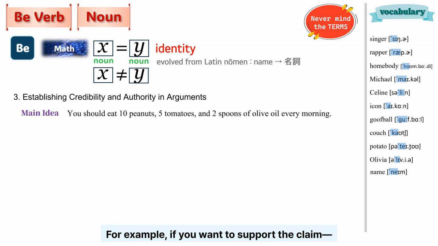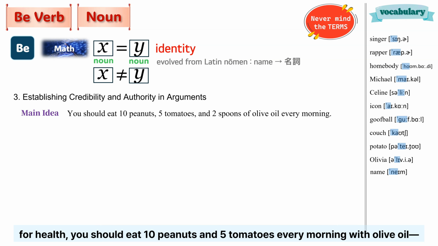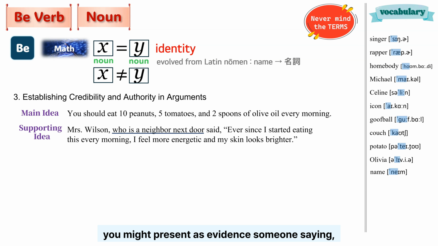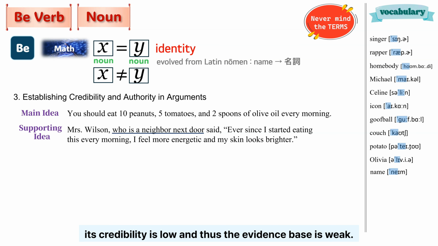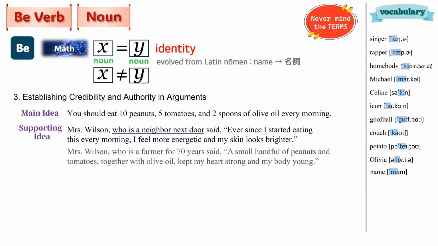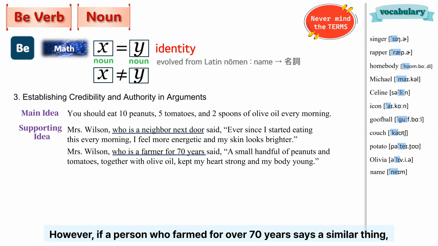For example, if you want to support the claim, for health, you should eat 10 peanuts and 5 tomatoes every morning with olive oil, you might present as evidence someone saying, since I started eating that every day, I feel energetic and my skin improved. If that statement comes from your neighbor, who is just an ordinary housewife, its credibility is low and thus the evidence base is weak. However, if a person who farmed for over 70 years says a similar thing, the claim